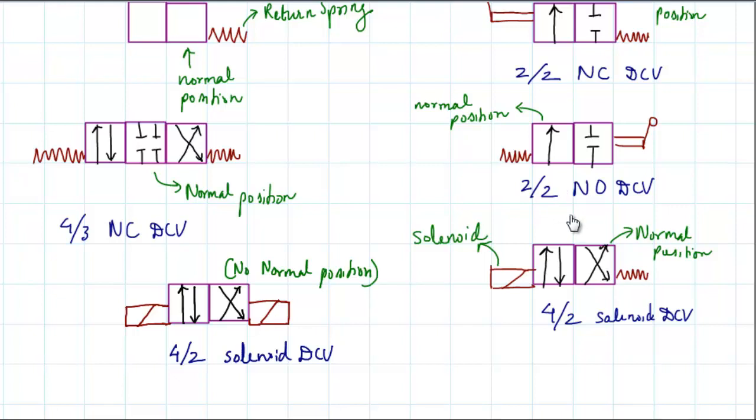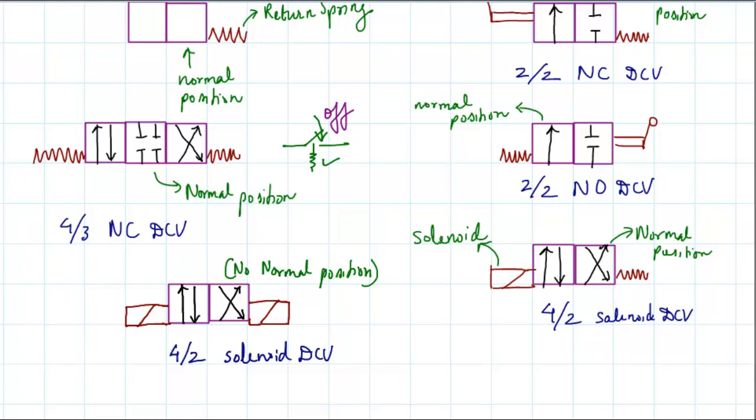See, how do I explain this? Suppose you look at the calling bell of your home. The calling bell switch is a spring attached one. That means the switch itself will have a spring, so that when you press the calling bell and release it, the spring will push the calling button off. So when you press it, it becomes on, and when you release it, the spring makes it off. So what is the normal position of the calling bell? The normal position of the calling bell is off.